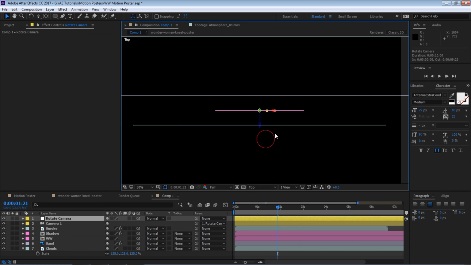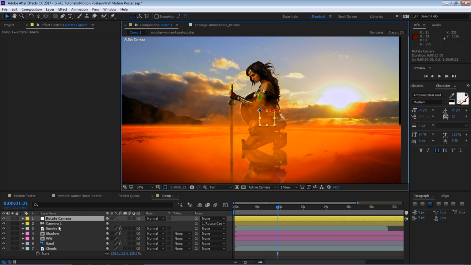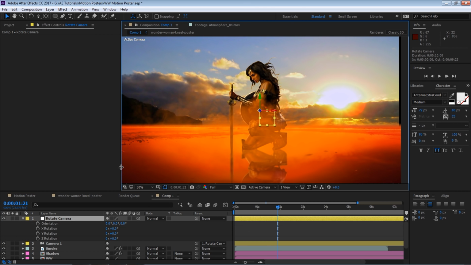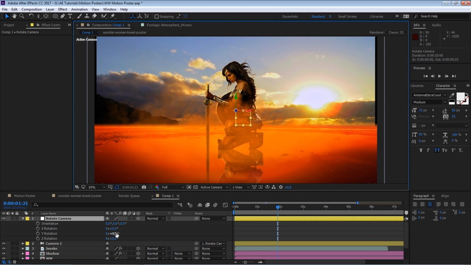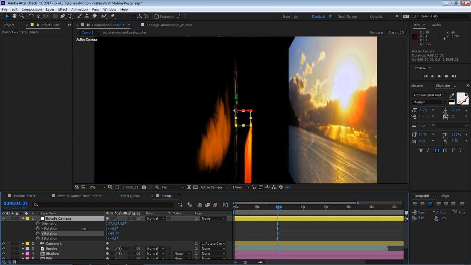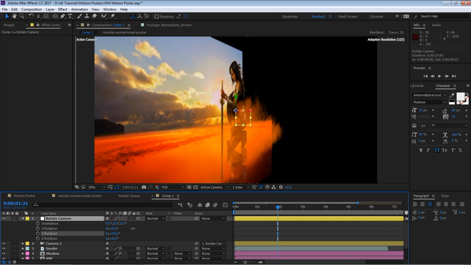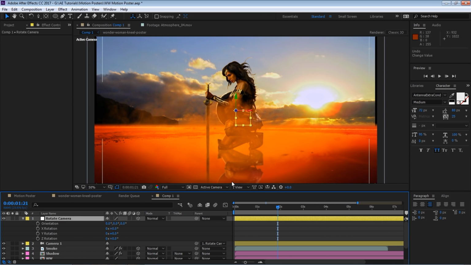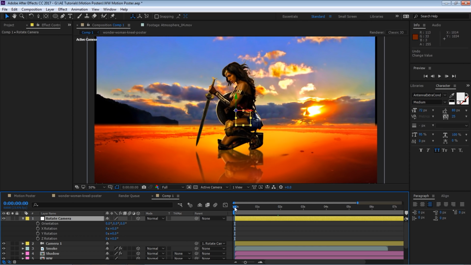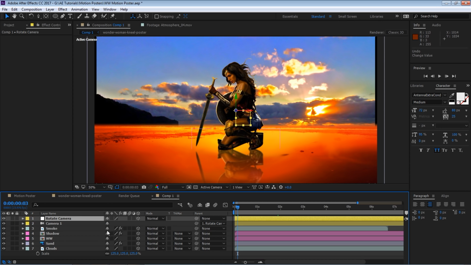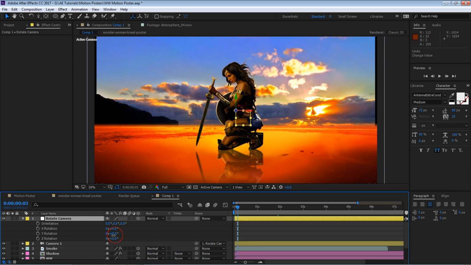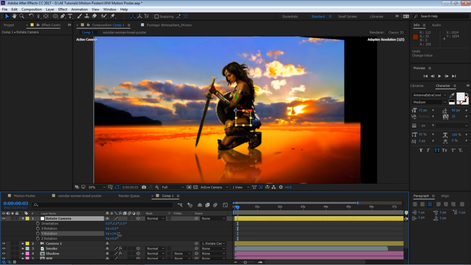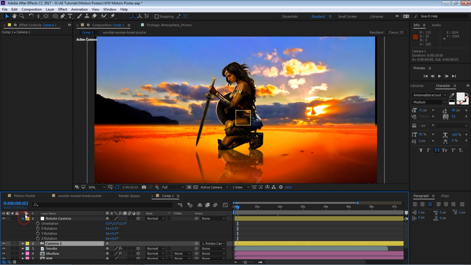So if we go to the top view, you can see I rotated right on top of Wonder Woman, which is perfect, because if we rotate this, it'll be rotating right where she is. As you can see, these are all of our layers that we have. We can add a little animation. For example, we can do a little animation rotating like this, or we can just go to the camera,